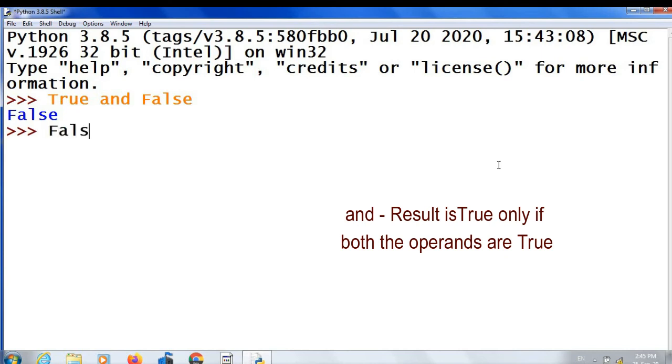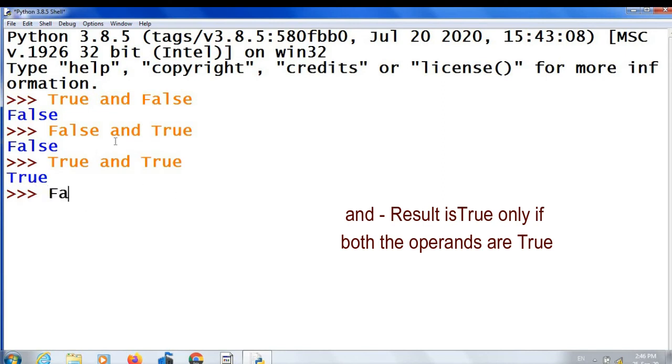If false and true, this also will return false. What about true and true? The result is true because both the operands are true here. False and false, of course, false itself.